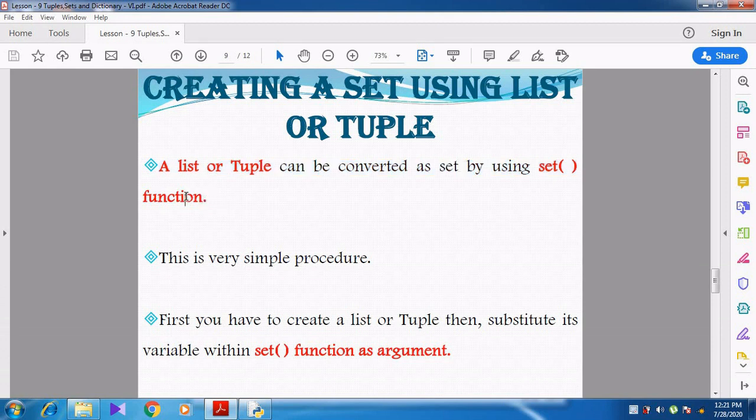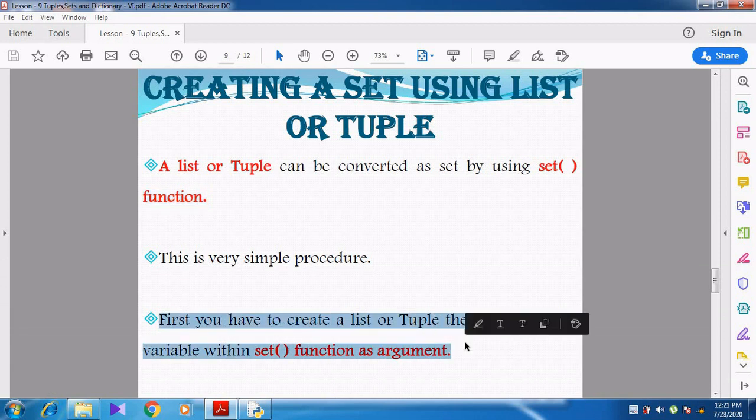This is a very simple procedure. Set is a function. First you have to create the list or tuple, then substitute its variable within the set function as an argument. So inside the set function, the variable should be passed as an argument.